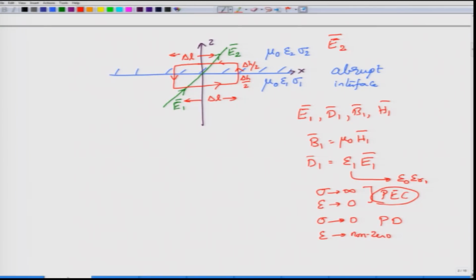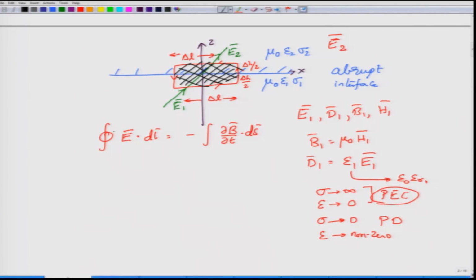Now, what am I going to do with these equations and this picture? Well, I know that the closed loop integral of E dot dl is given by minus the integral of del B by del t dot dS. What is the dS that we are considering? That is the surface element, the surface area enclosed by this loop. Of course, this surface area has to be open, whereas the loop on which we are integrating the electric field has to be closed.